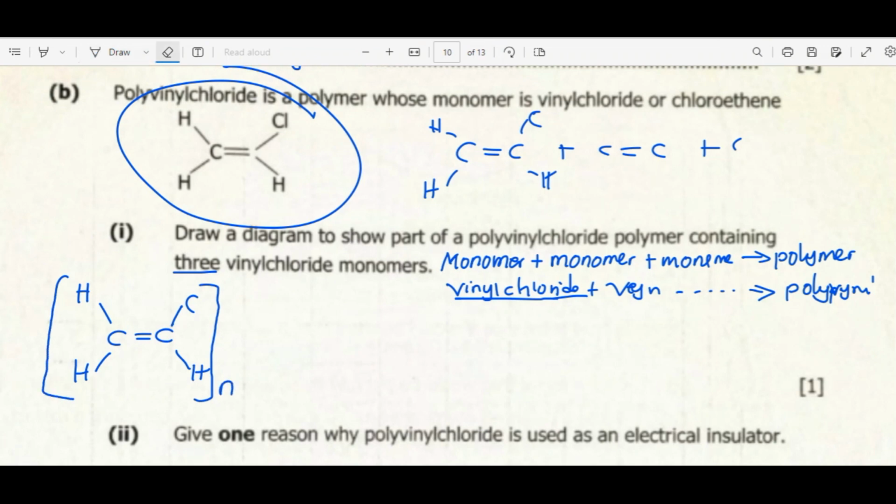Now this n denotes the number of monomers that I'm going to use in our case. I can just put a 3 here. So whenever you see something like this, you need to picture it like this. It simply means that you are using 3 of the same monomers. So I'm going to write